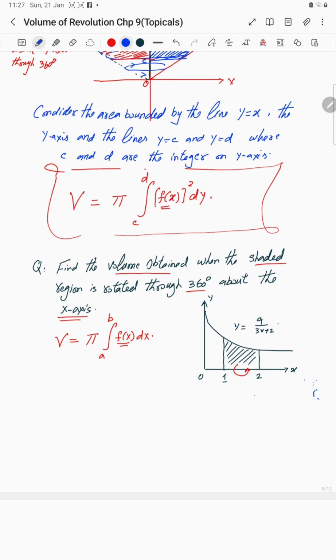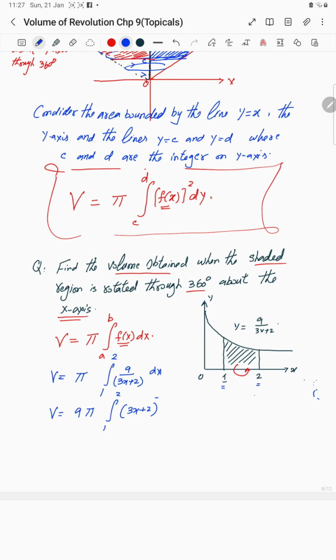Here f of x is 9 over 3x plus 2, so we will have pi times the integral with limits a to b being 1 to 2, of 9 over 3x plus 2 dx. Just integrate it, and before you integrate, we can take the constant 9 outside of the integral, and